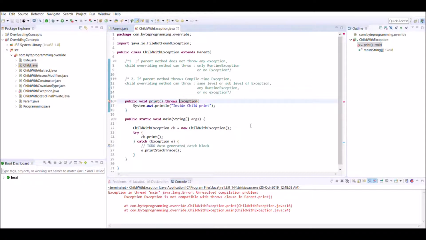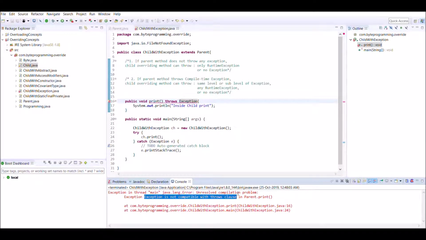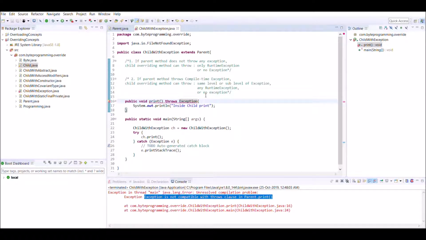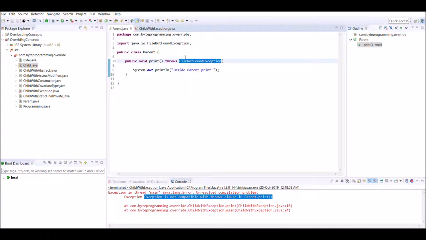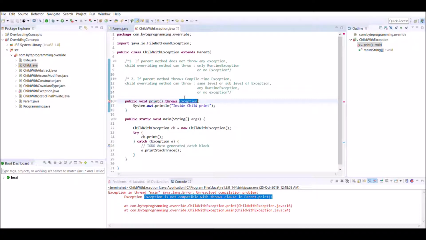In the console you can see the exception is not compatible with throws clause in parent print. Here you can see, because this FileNotFoundException in the parent class is a sub-level exception of this